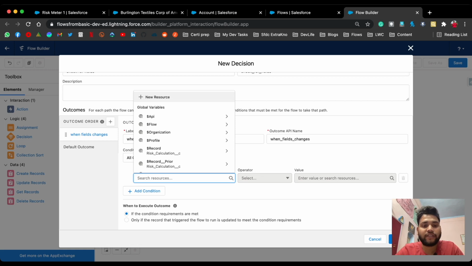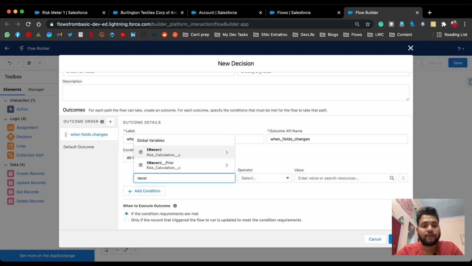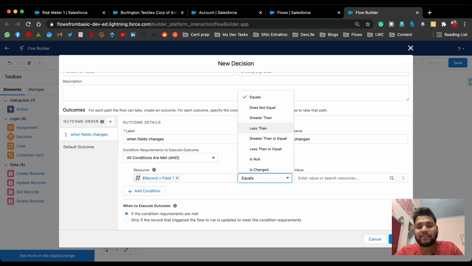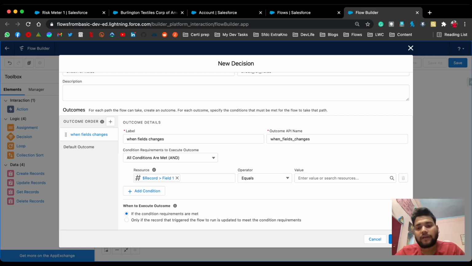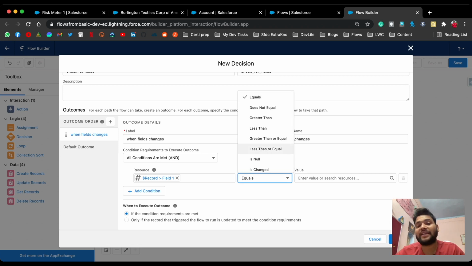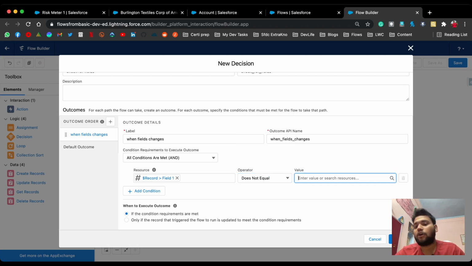First of all, select the record field 1, and if I select the operator, here you can see is changed and was set. These are the 2 new operators that appear in our Salesforce pre-release org for Summer 21 flows. In this video I am going to do it with the previous method, which is comparing it with the record prior value.